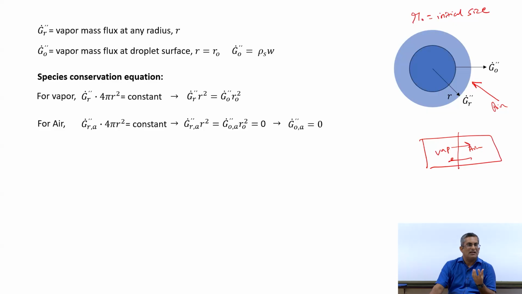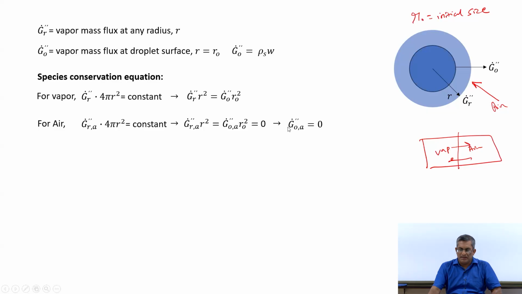For instance, in a diesel combustion chamber where the pressure is high, or let us say a rocket engine combustion chamber where pressure is high or close to supercritical conditions. So, there some diffusion may take place, but here we are assuming it is not there,